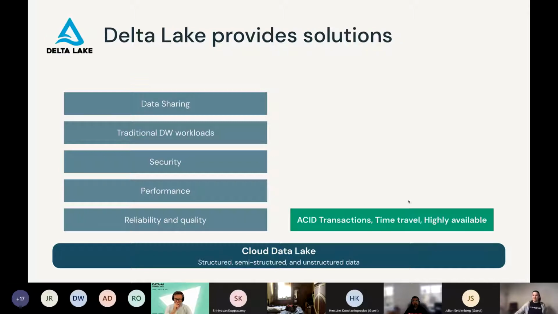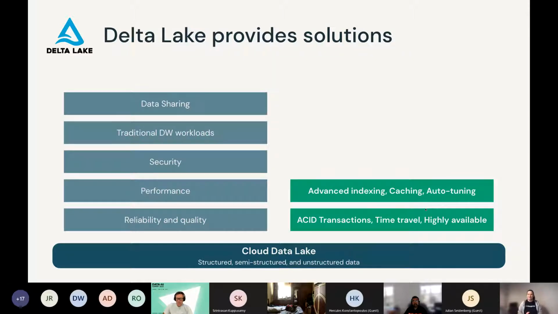So that's where Delta Lake comes in, and Delta Lake provides a solution to all of these things. For reliability, we have ACID transactions. From a very high level, ACID transactions make sure that your transaction is either fully successful or completely failed and rolled back, so you don't have data corruption from a job that failed in the middle. It also comes with time travel, which allows you to see what your data looked like, let's say at noon yesterday, or if you accidentally delete something that shouldn't have been deleted, you can see what it was just before you deleted it and easily get your data back.